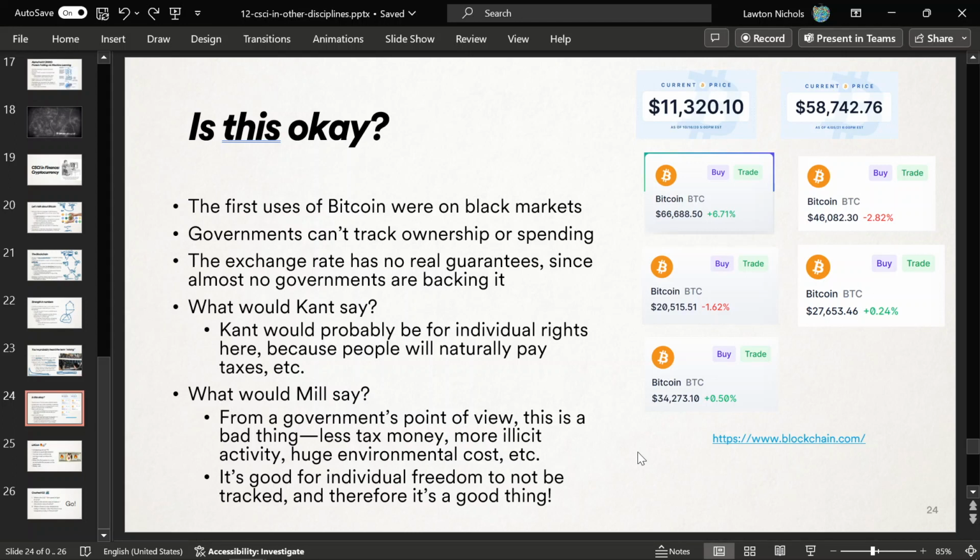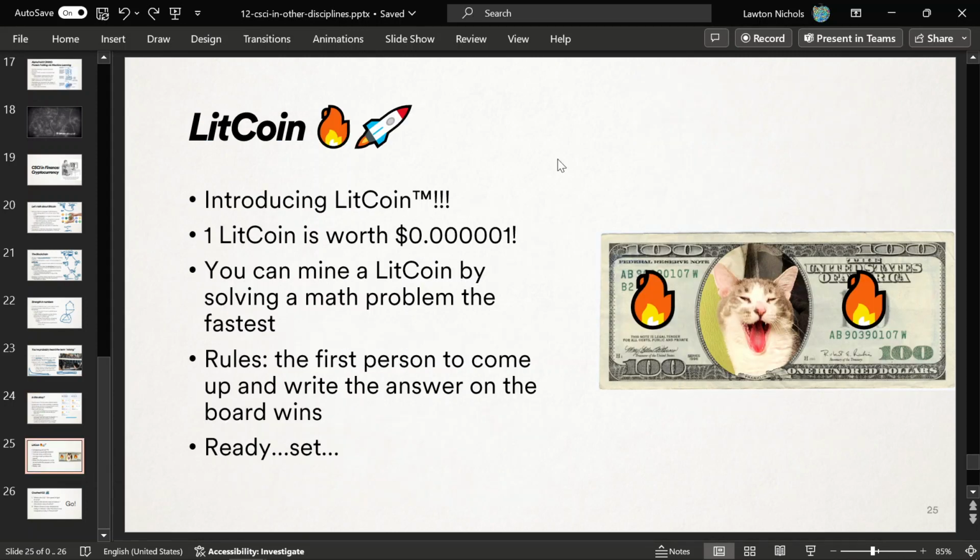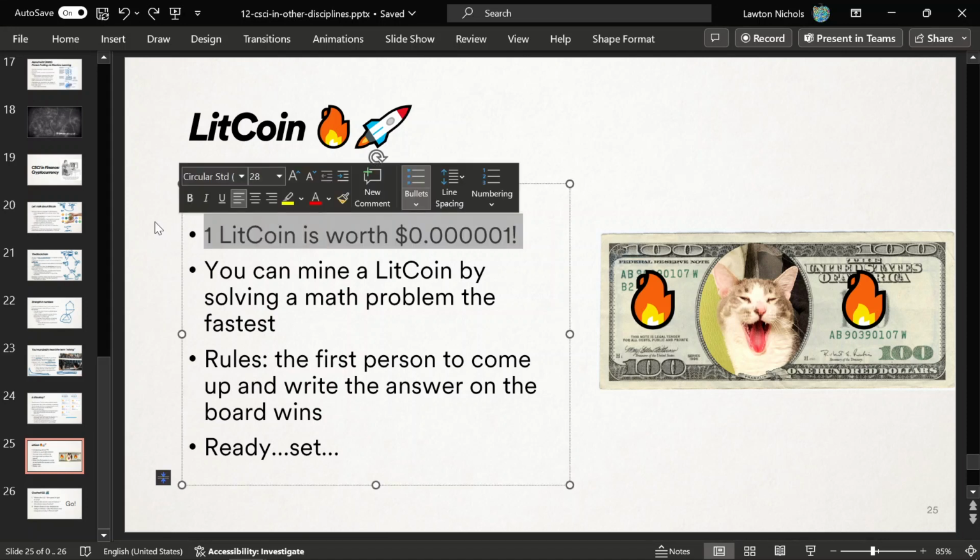Questions, comments? Because I have a silly little game that I like to play with my students every semester. We're going to pretend to be computers on the Bitcoin network right now, if you will humor me with this. So here's a new cryptocurrency hot off the market. It's called Litecoin, and it has my cat as the figurehead. So one Litecoin is not worth a lot of money right now, but maybe you can drive the price